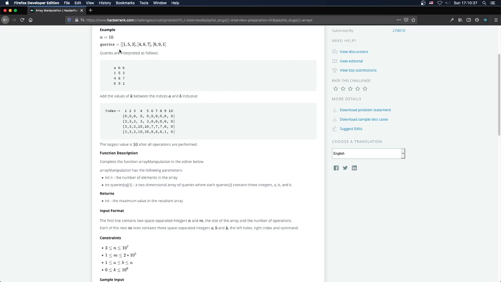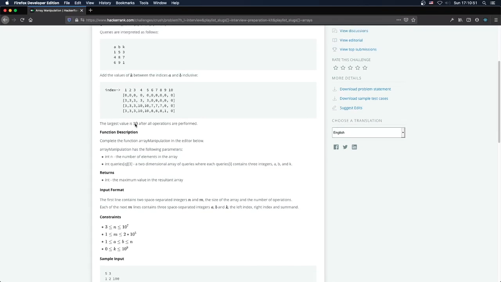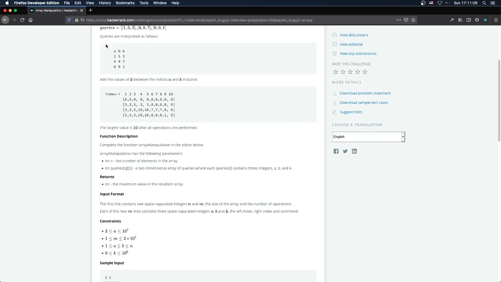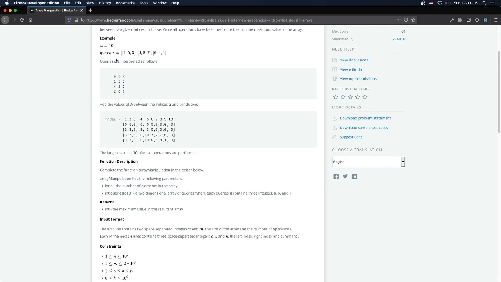Add the values of queries are interpreted as follows. Add the values of k between the indices a and b inclusive. The largest value is 10 after all operations are performed. What? Index 1, 2, 3. Add the values k between the indices a and b. Okay, I see. So you have